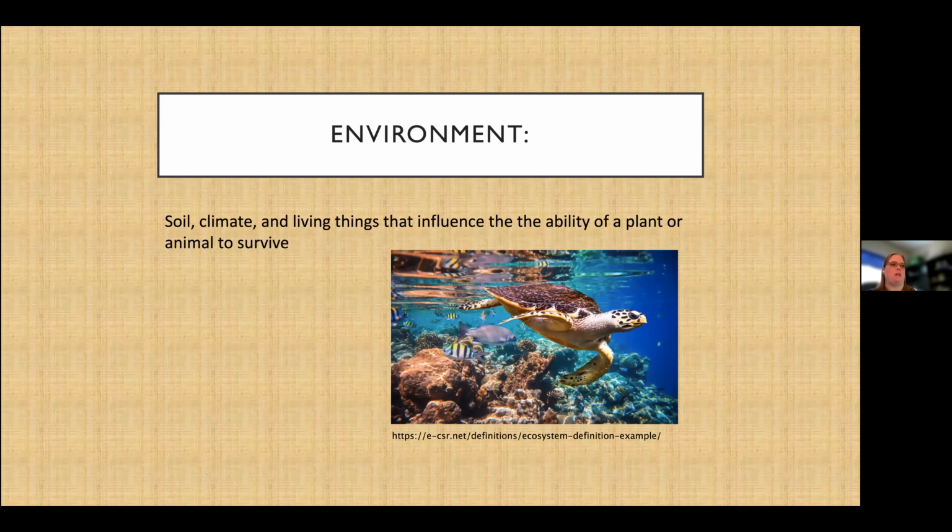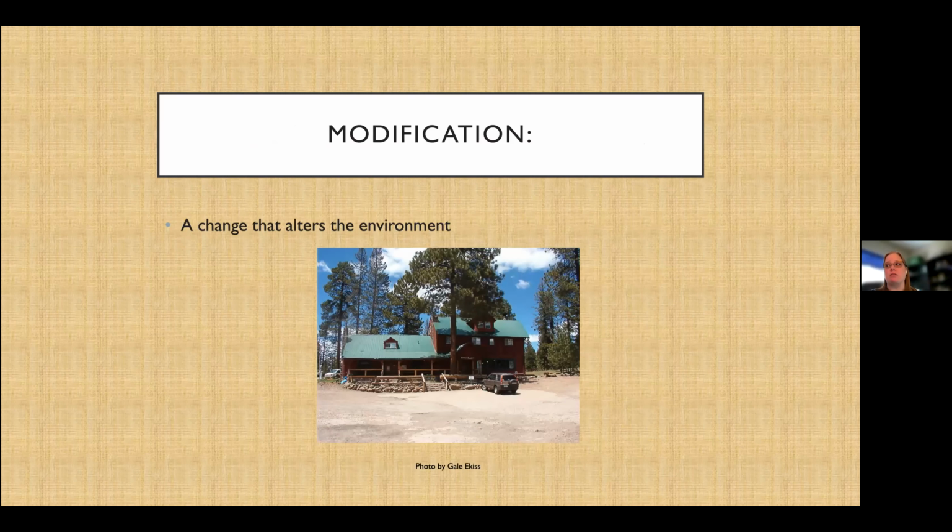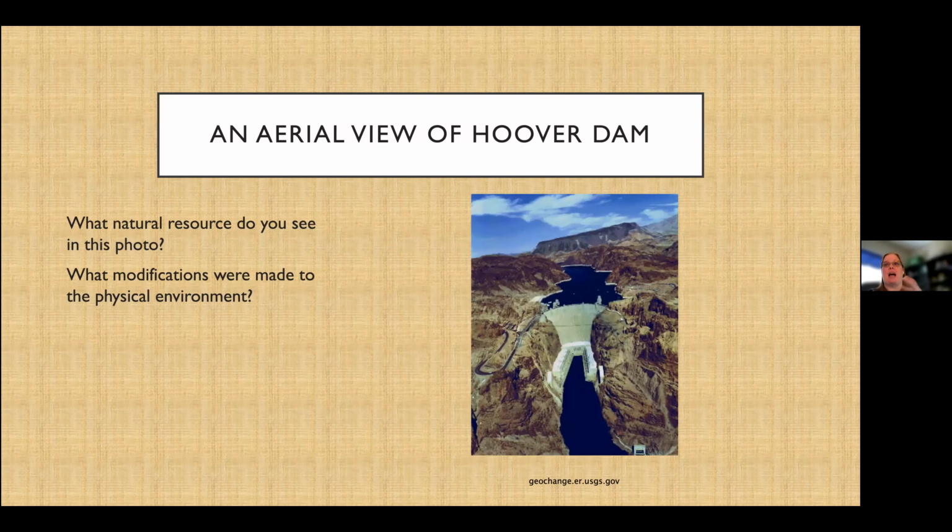So this lesson plan also comes with a PowerPoint. And that PowerPoint has some graphics to help guide you through those discussions. And it pulls out those vocabulary words that are new for the students. Environment, cherish is a word he uses in the book. Modification, different houses, what it looks like. He modified the land. Natural resources, you talk to the students about what do you see in this photo? How is the water? Unfortunately, our water isn't as high anymore in the dam, but look at the water behind the dam and then in front of it. How are we stopping that water?